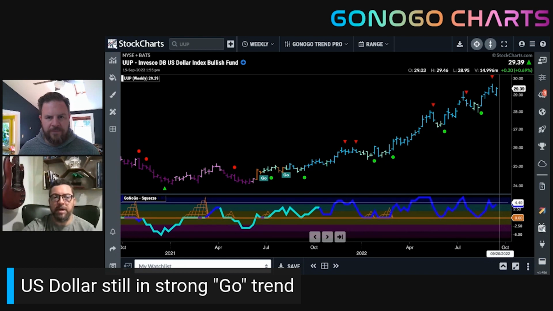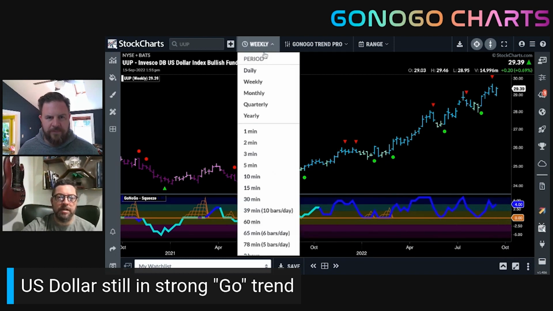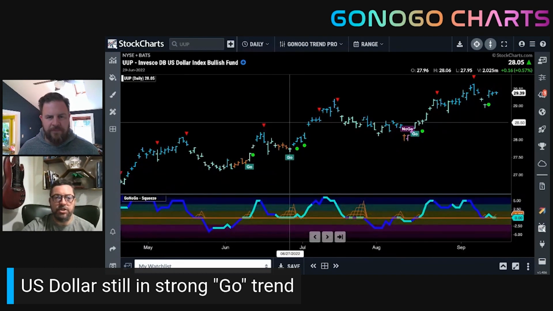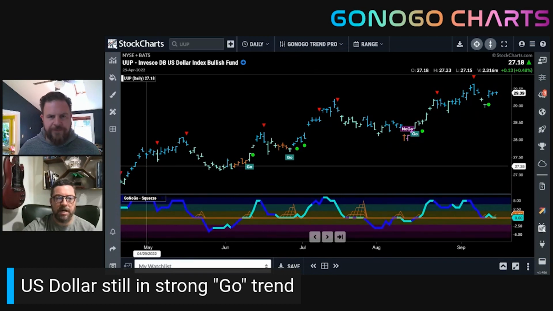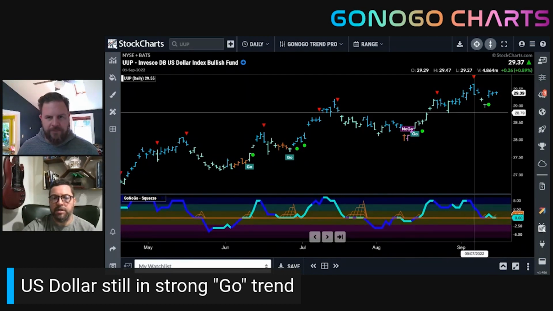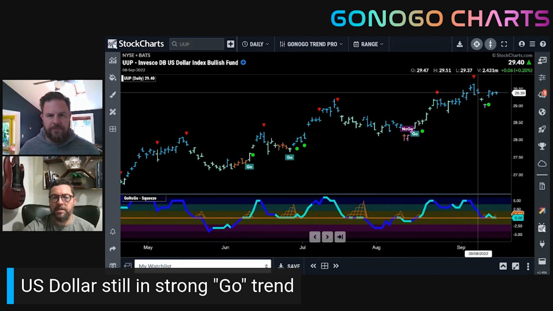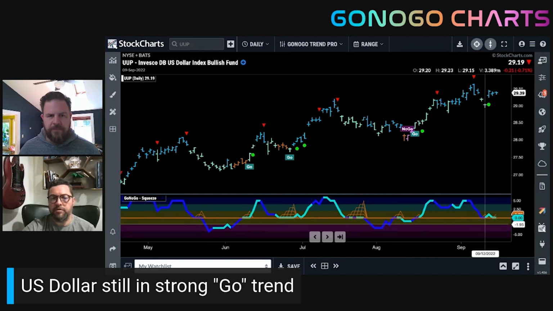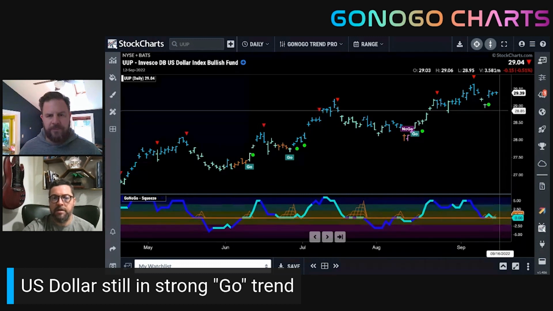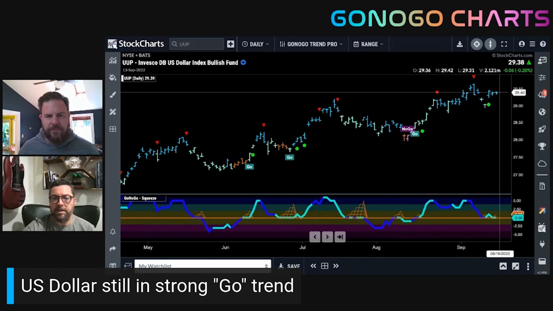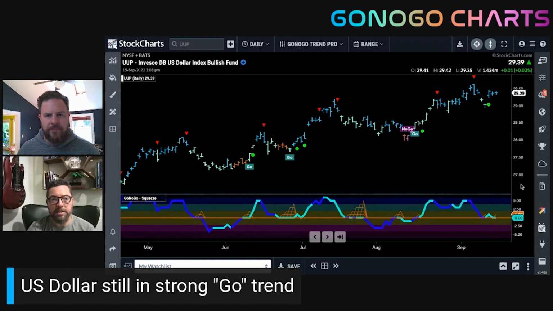with positive momentum. And if we take this down to a daily chart, you can see that generally speaking, that is still the case. Higher highs and higher lows. We are still in a go trend, painting strong blue bars. We had some weakness this week, but we found support so far at the zero line as the dollar price rallied again on strong go bars.